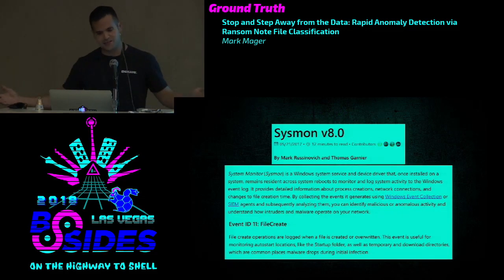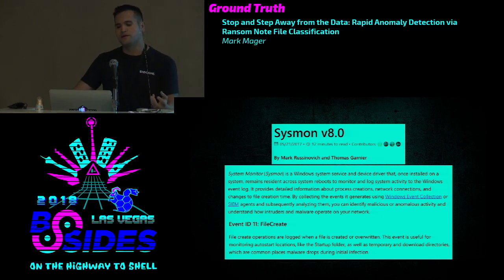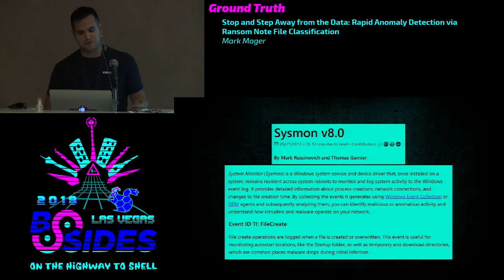So what do we do in this case? Well, luckily for us, there's Sysmon. Within the last year or so, Sysmon opened up their framework for exposing file creation events that they write to their own event log. And so with event ID 11, all we need to do essentially is query the event log for file creation events, and we're going to get all the data that we need.